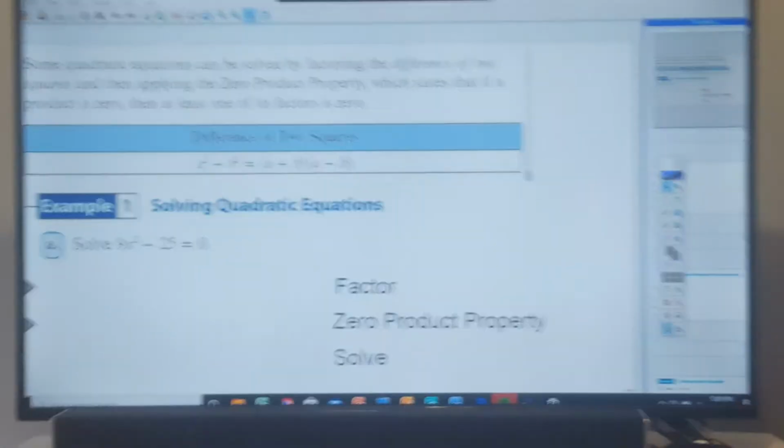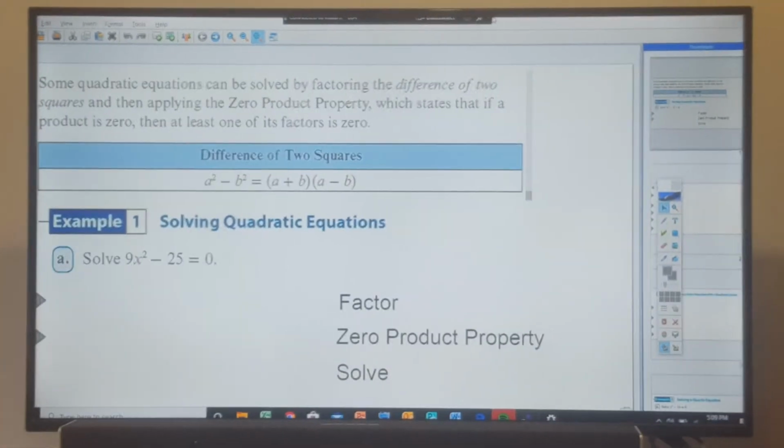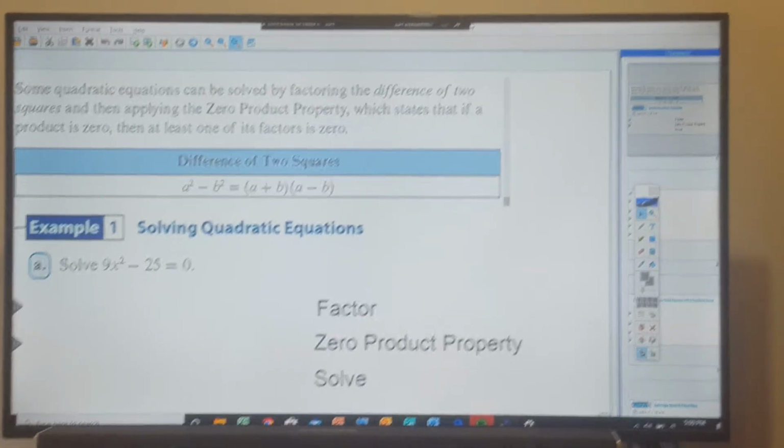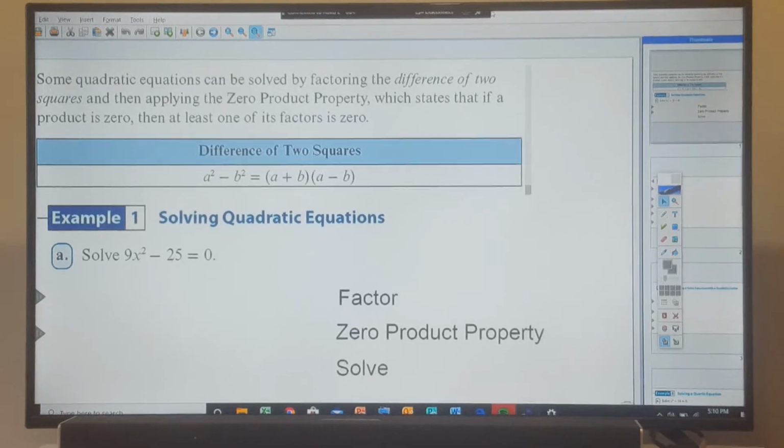This is lesson 78. We're going to learn the difference of two squares. If you go ahead and show the screen here. Now we've learned the difference of two squares, but we're just going to be factoring quadratic equations. So we've got quadratic equations, which means that it's degree 2, or we see that exponent there, the highest exponent,